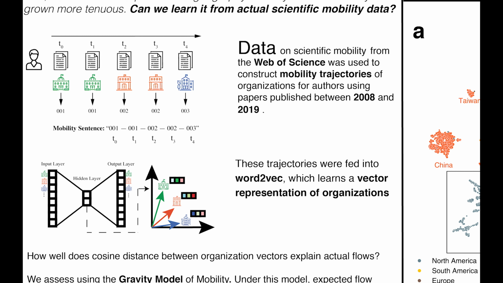We use these trajectories as input for the neural embedding model Word2Vec. This model learns a vector space representation of scientific organizations. Here, each organization is represented as a vector, and distance between vectors, measured using the cosine distance, maps to their tendency to appear near together in the same trajectory. This distance is what we refer to as an embedding distance, and it can serve as an alternative to geographic